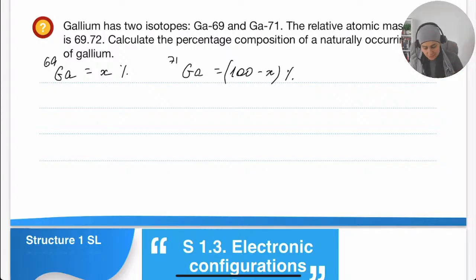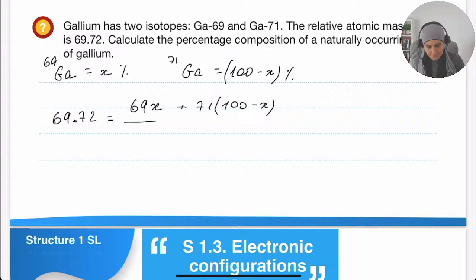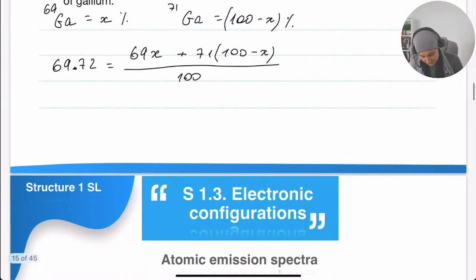And then do the same, so I know that relative atomic mass equals, and then do the same as before, so multiply mass number by abundance. So I do 69X plus 71 times (100 minus X) over the sum of the abundances, which I set as 100. That's 100, and then we just solve it for X. However, whatever method you use to solve equations, just use that one. I'll solve it like this, so I'll just multiply both sides by 100,